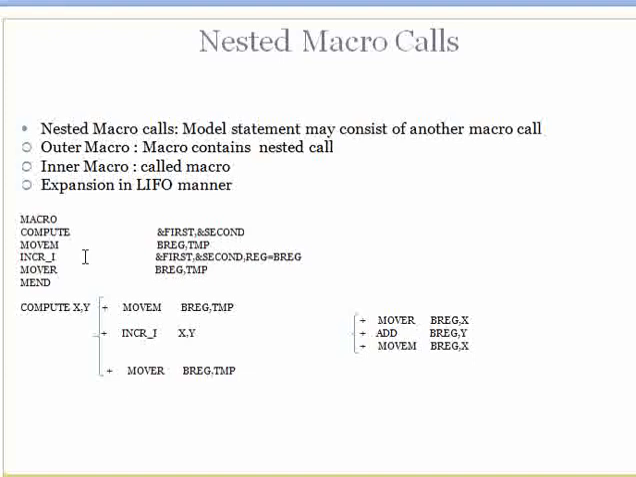So during expansion, when we make a macro call to compute, see what will happen. First the first line, move m, is written as it is, but in the second line the macro processor realizes that incr underscore I x comma y happens to be a macro call. So this macro call will be handled first. So these three lines will be generated. Suppose this was there in the body of the macro called incri. There has to be another macro defined whose name is incr, where you can consider that these three lines were present. So during the expansion of compute x comma y, it would generate the first line, move m b register temp, as it is,